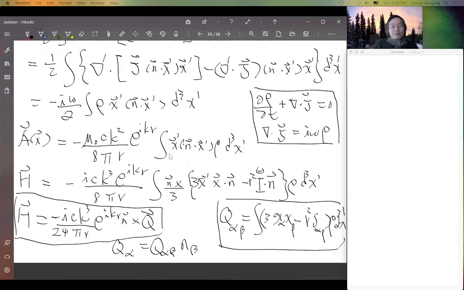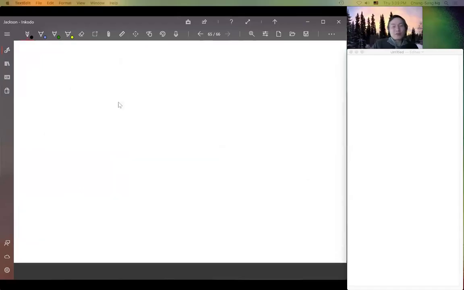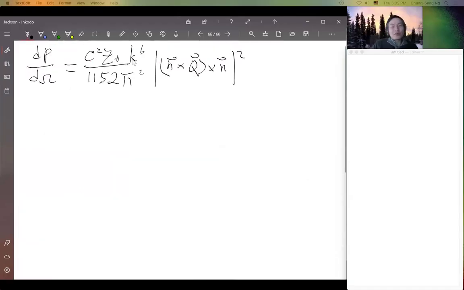In the electric dipole term, there's a k square here and the electric field has a k square, so the differential power and the total power are proportional to k to the fourth power. So there's an extra k square factor in the electric quadrupole term,